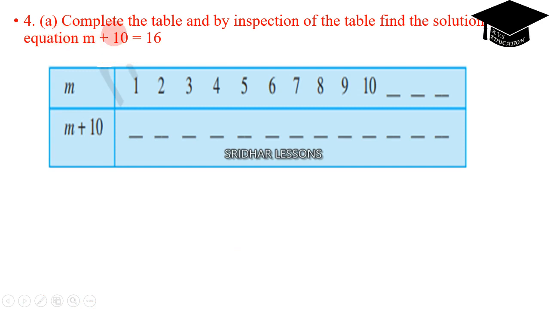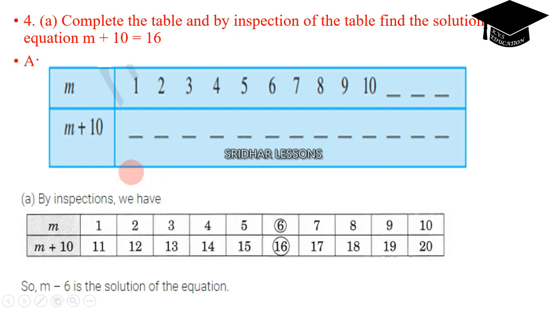Next question. Complete the table and by inspection of the table find the solution to the equation m plus 10 is equal to 16. See the values of m: 1, 2, 3, 4, 5, 6, etc. and m plus 10, we have to check for the value of 16. So by inspection we have,